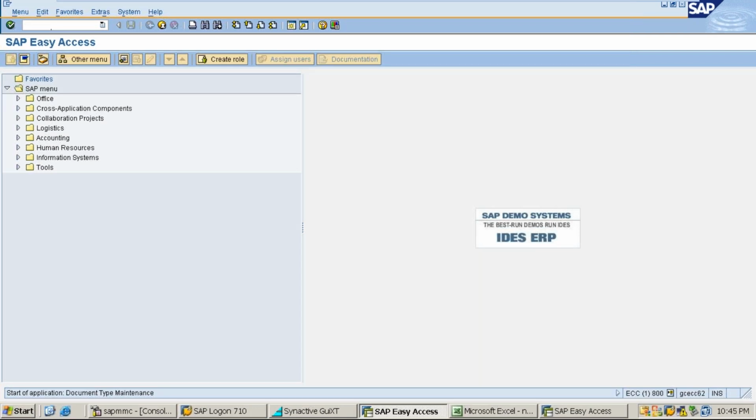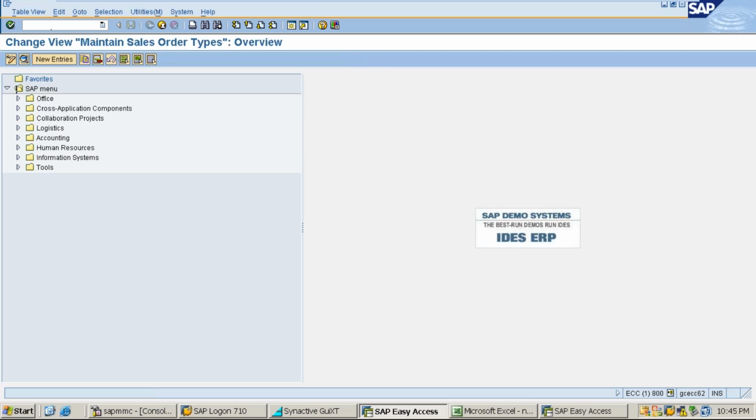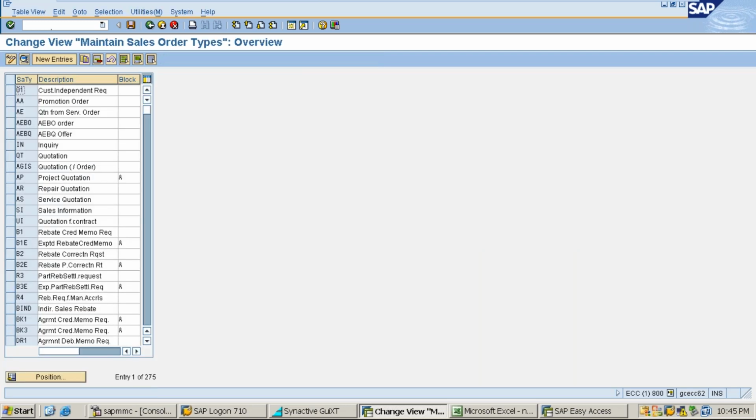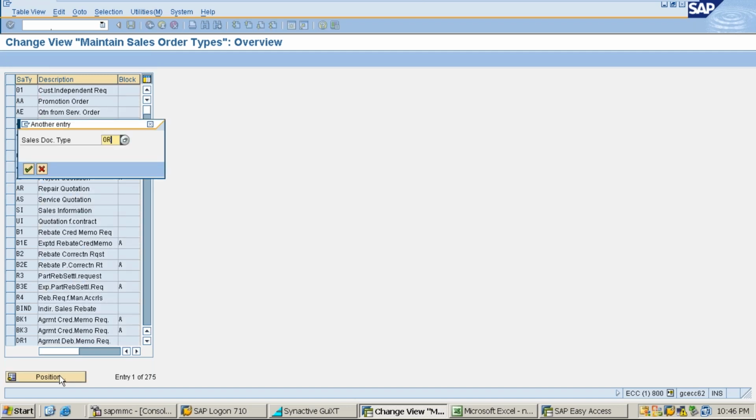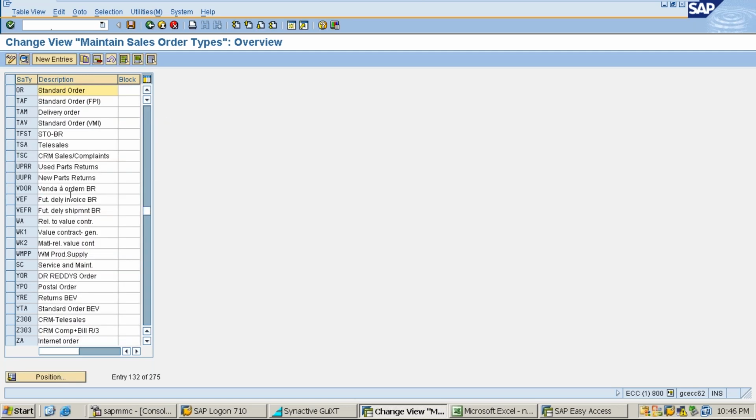We can see all the sales document types, let's say inquiry, quotation, order, returns orders. See all the sales document types we can see here. As I told you, inquiry, quotation, okay, and the standard document type is OR. So we can see all the sales document types here. Let's say these are all the standard. So I'm going to create our own sales document type.